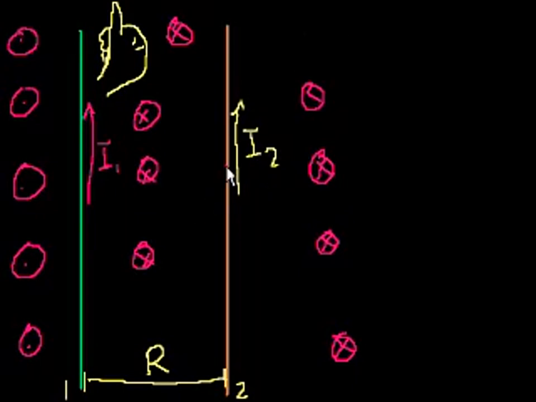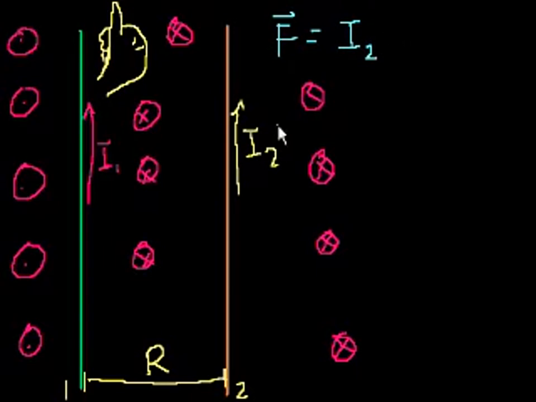So what was our formula? And this all came from the first formula we learned about the effect of a magnetic field on a moving charge. But what was the formula of the net magnetic force on a current carrying wire? Well, it was the force. I'll do it in blue. The force, it's a vector, has a magnitude and direction, is equal to the current. Well, in this case, we want to know the force on current 2, caused by magnetic field 1. So it will be equal to I2, the magnitude of this current,